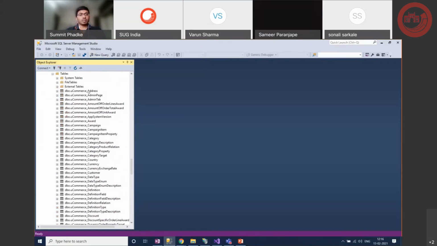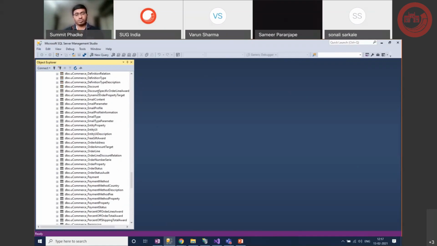So this is what comes out of the box, and that is what I mean when I say e-commerce is pretty flexible. You can also add custom tables in here. For example, in your shop or in your application, you may want to give some custom properties to your orders or to products. If you want to have some other customization, you can very well add custom tables in here, and you can do insert and update operations on those tables.